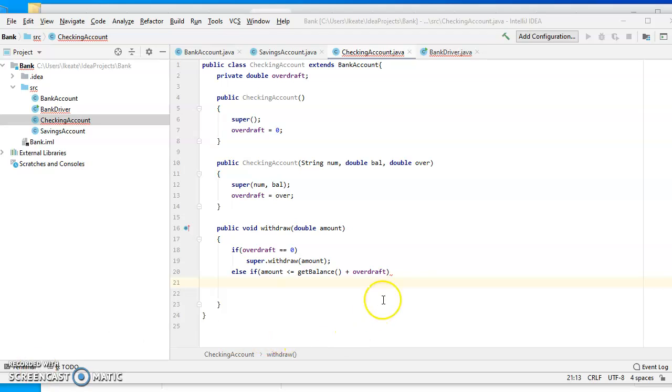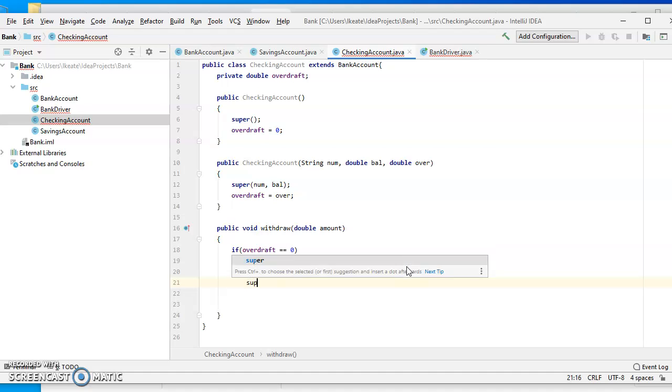Okay, sorry about that. I meant to finish this part, but I'm going to finish now for the rest of this. So what I want to do is say if overdraft equals 0, I'm just going to call super withdraw amount. Else if amount is less than or equal to get balance plus overdraft, I can say super dot set